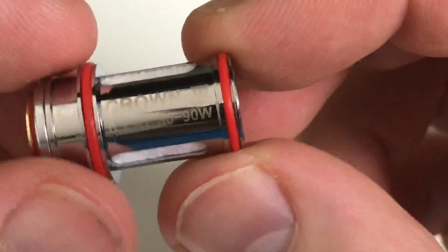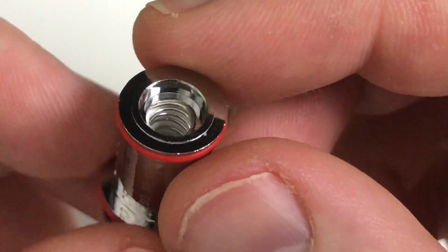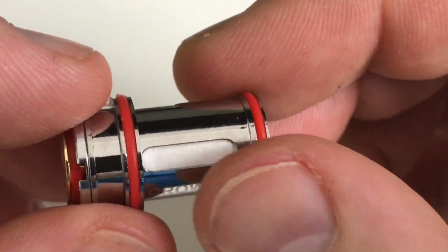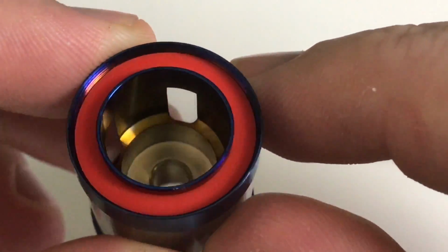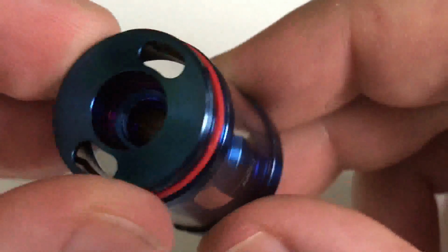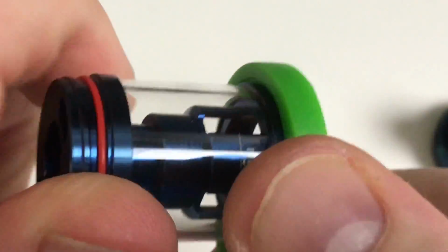All right, and that is the 0.25 ohm, 80 to 90 watt coil head, okay? Japanese organic cotton inside. You got an O-ring, that's the chimney inside. No conical, but it is what it is. And then this is the tank section. Now it is on a little bit tight. I just take that nice little tool,